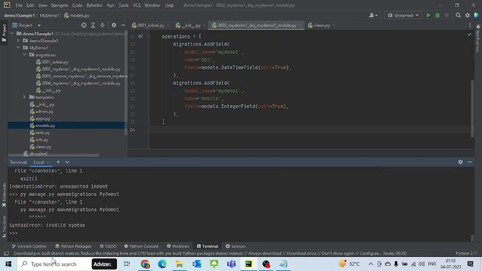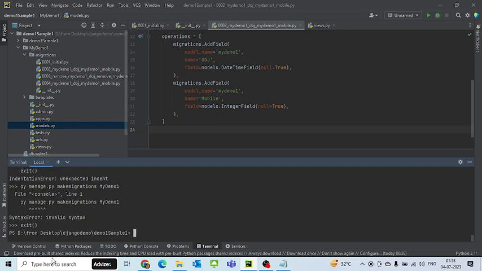What is the error? Yes, the error is that I have not exited out of the py shell. So now let's just run that command, which is to make the migration of my demo one,